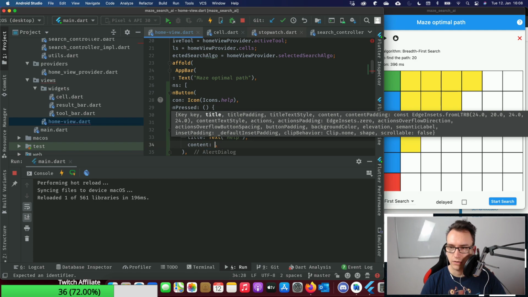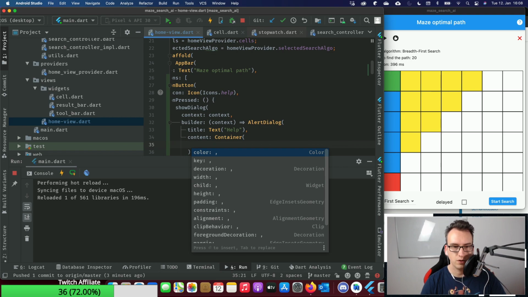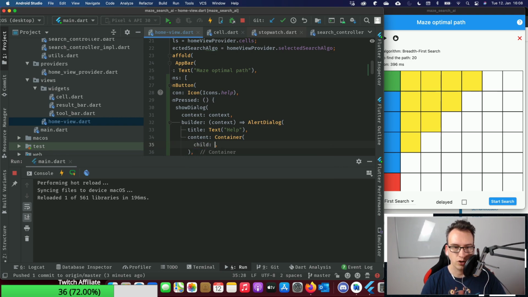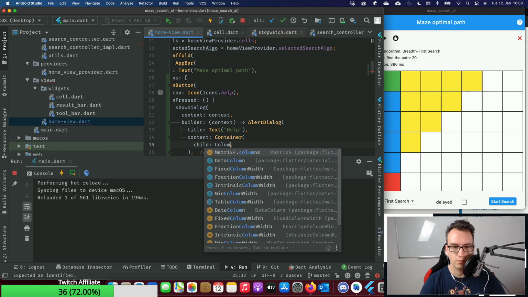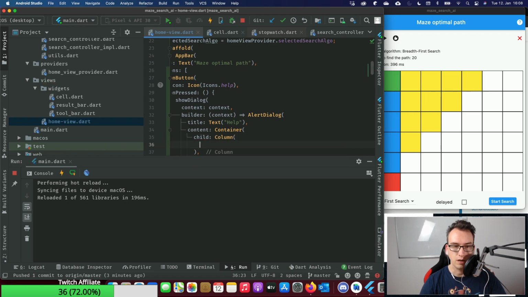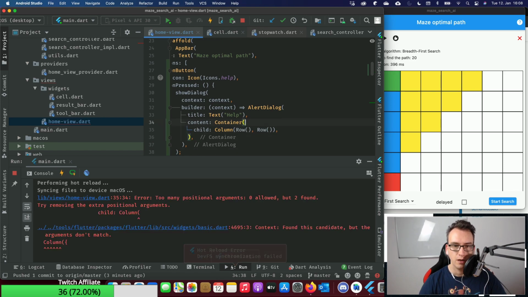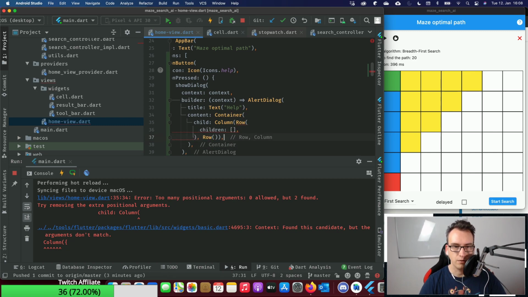Is it any content? Then we have a container here inside, which then gives us some possibilities like a child. And this container would have a column with two rows. Yeah, now a column with a row and with another row. And the first row should show the children. The second one also gets some children.